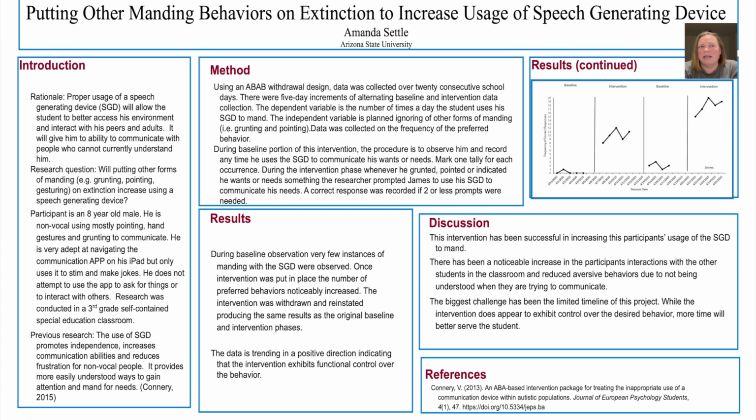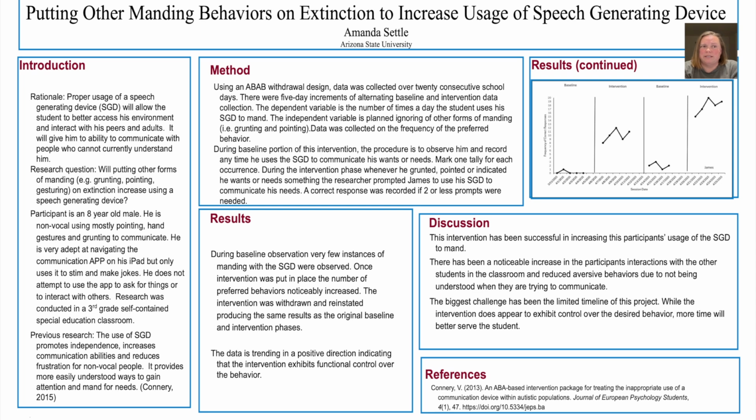Using the ABAB design, data was collected over a period of 4 weeks, alternating weekly between baseline and intervention phases. In both phases, frequency data was taken on the number of times per day the student used the device to demand for something. During baseline phases, I observed the student in his classroom and marked a tally for each time he used a device to appropriately communicate his wants or needs.